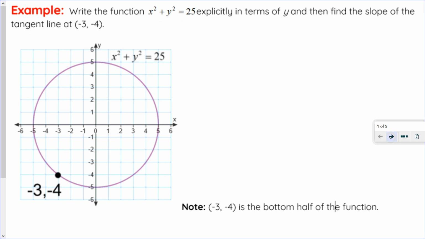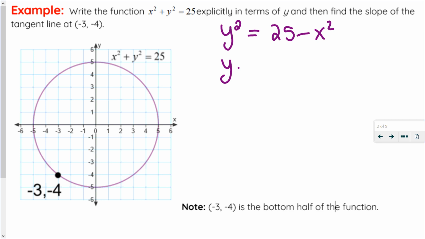So let's write this function, x squared plus y squared equals 25, explicitly in terms of x, and then let's find its derivative. We want to find its derivative so we can find the slope of the tangent line at (-3, -4). So first things first, let's write the explicit function. I'm going to get y by itself. So I have y squared equals 25 minus x squared, subtract x squared from both sides,